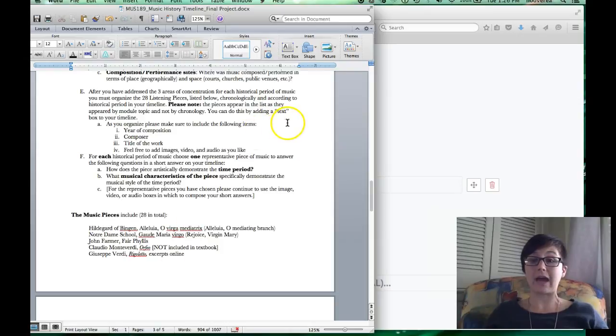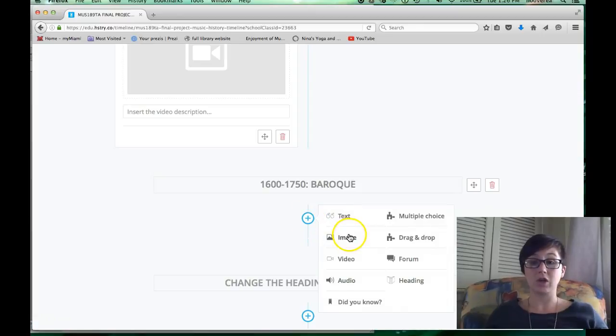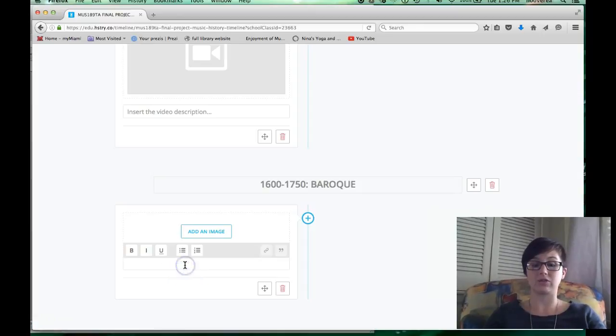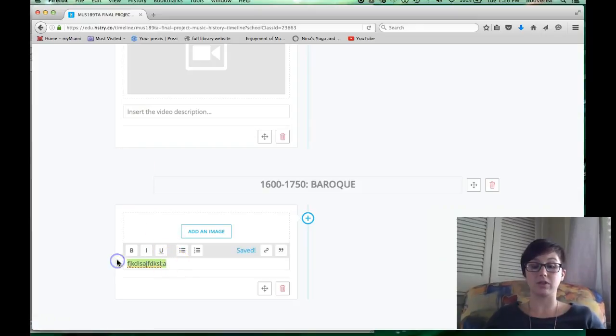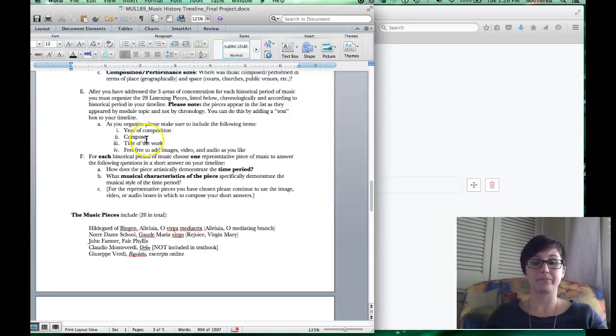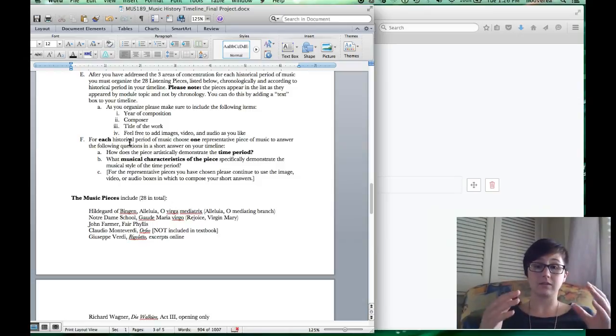So you can do this by adding a text box, but if you feel that a piece also requires an image, or a video, you'll want to do that first, and then you can add your description here. You'll want to make sure that you include the year of composition, the composer, followed by the title of the work. Now, after you've put all of the 28 pieces in chronological order and in chronological order within the historical periods,